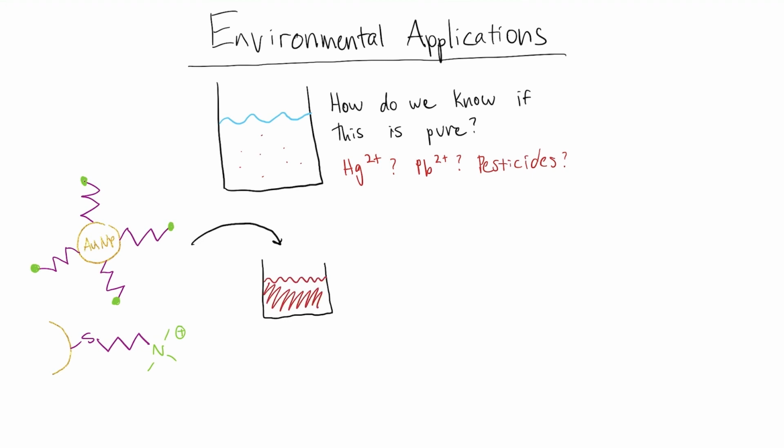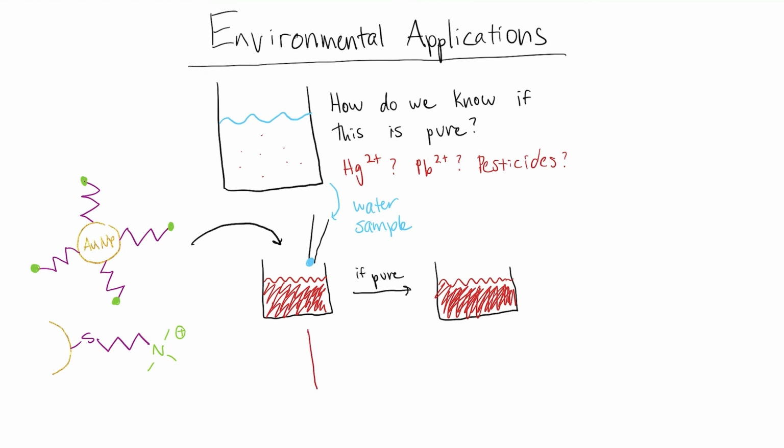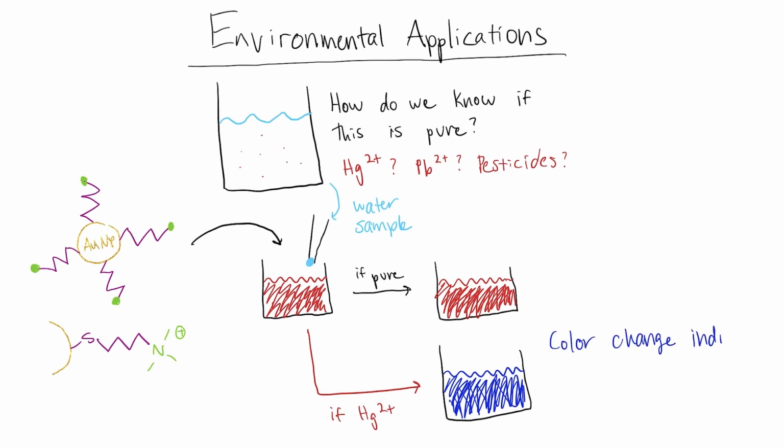These thiols react with heavy metal atoms present in solution, particularly with mercury, causing the freed gold nanoparticles to aggregate in clumps. This grouping causes the suspension color to change from red to blue, showing the presence of mercury atoms in solution. This same concept, known as a colorimetric sensor, has been applied to lead ions and chromium ions as well.